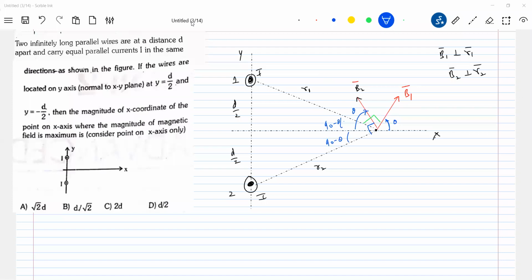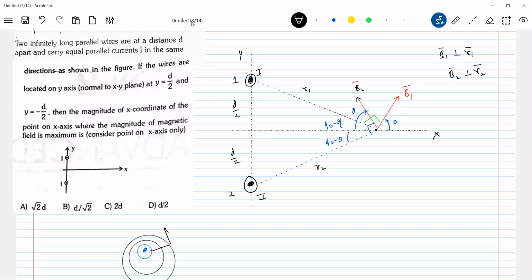Simple, draw lines of force. If you draw lines of force, how will it be? It will be like this, no? These are black color lines of force. So here I can draw a tangent. If this is R, it's O, no? See, you first have clarity. Lines of force will be concentric circles. If you draw a tangent to the circle, what you get is the B bar.